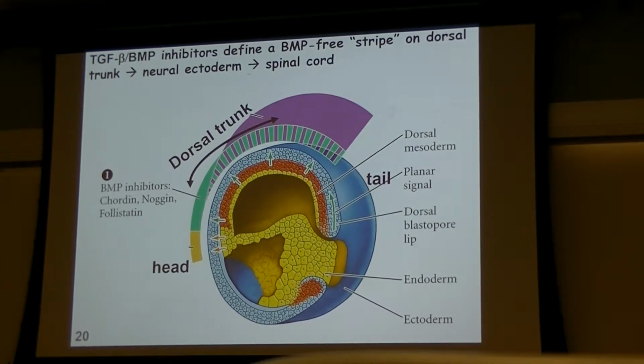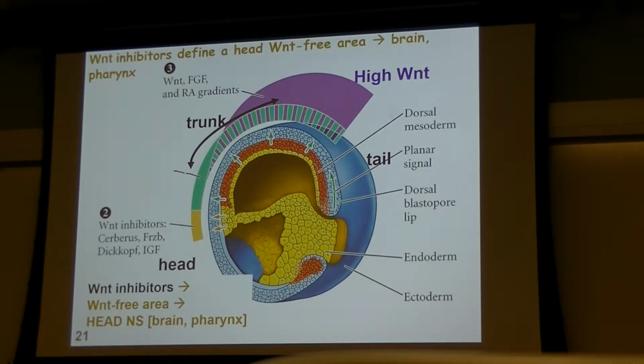In purple, this is another factor. It's actually in a gradient. It's retinoic acid. Let's see. Oh, actually, sorry, Wnt. And you're going to see higher Wnt in the later involuting tissues and less Wnt in the first involuting tissues. So this is a signal. We already heard Wnt was important, but now it's going to be reused in this anterior-posterior characterization as well. So we'll have an area of Wnt inhibitors that are keeping a Wnt-free area right here in this yellow. And that gives a certain neural fate that involves brain and pharynx. So let's see, did I...